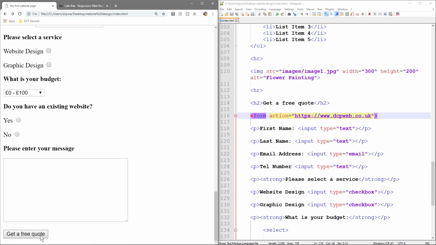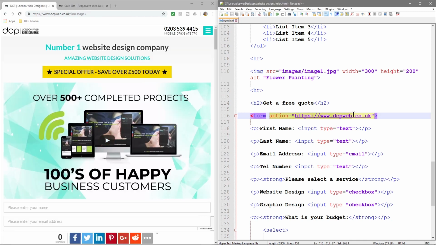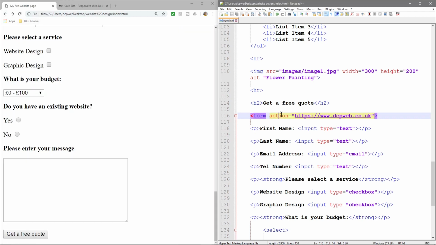I mean, in reality, what would normally happen is this information will be collected and then it will be packaged into an email and sent to you as the owner of the website. But when we click the get a free quote button now, it goes to my website. But I just wanted to show you the action function here. That's quite an important function, because we can now replace this HTTP DCP web with another script that will process